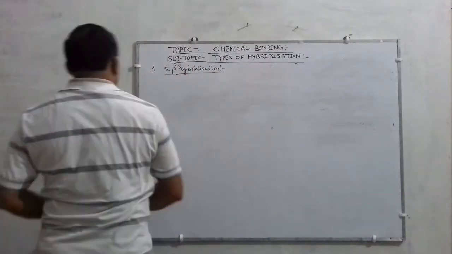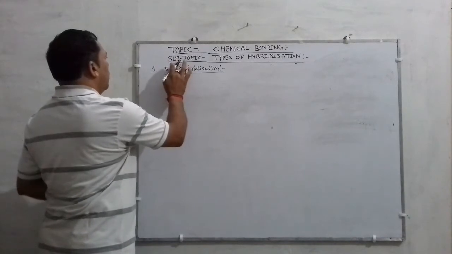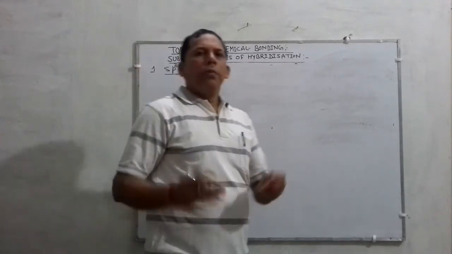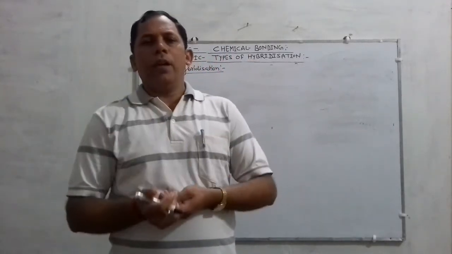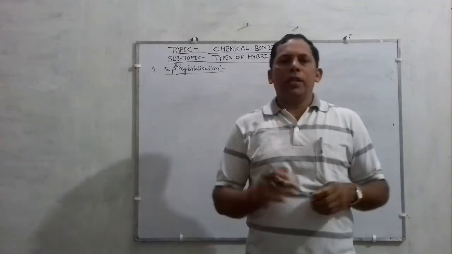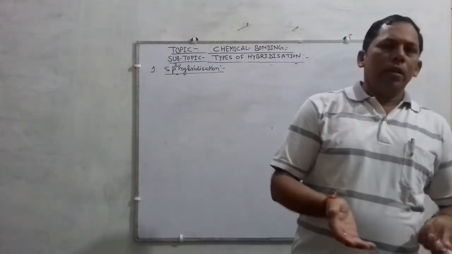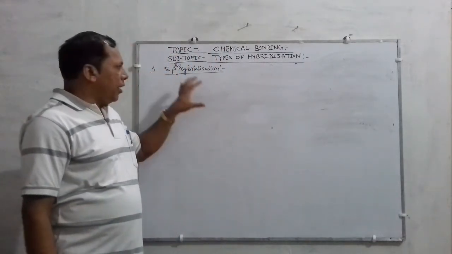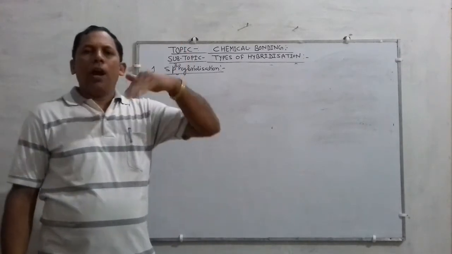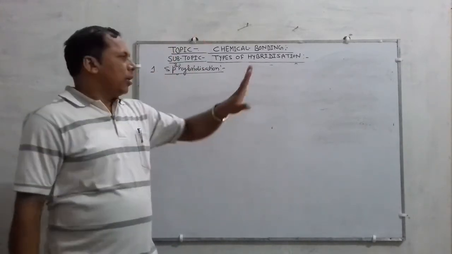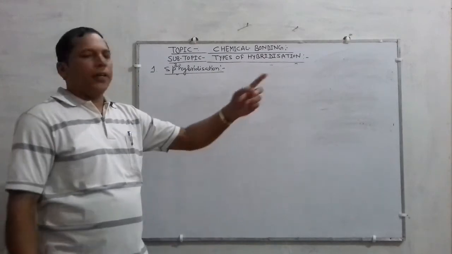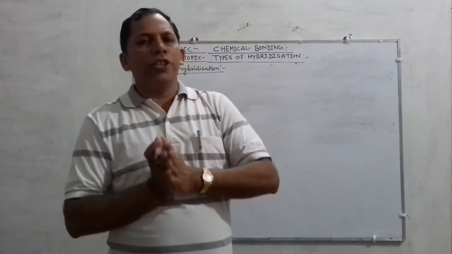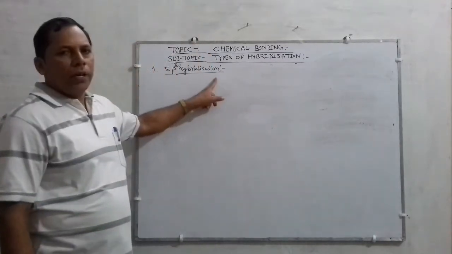What happens in sp3? sp3 is similar: when one s and three p orbitals get mixed together and there is a redistribution of energy among the atomic orbitals, it leads to the formation of 4 new orbitals of almost equivalent energy. Those newly formed orbitals are called sp3 hybrid orbitals, and this type of hybridization is called sp3 hybridization.